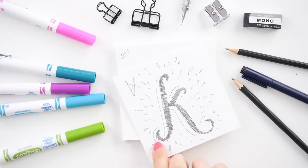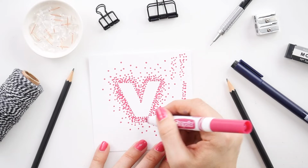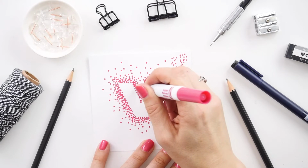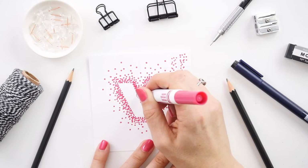It's day 3 of the letter V. So let's concentrate some of these dots today. You want to go in and on the right-hand side and the bottom, add more dots. That means that you're going back and doing another layer right in tight to the edge of the V, but